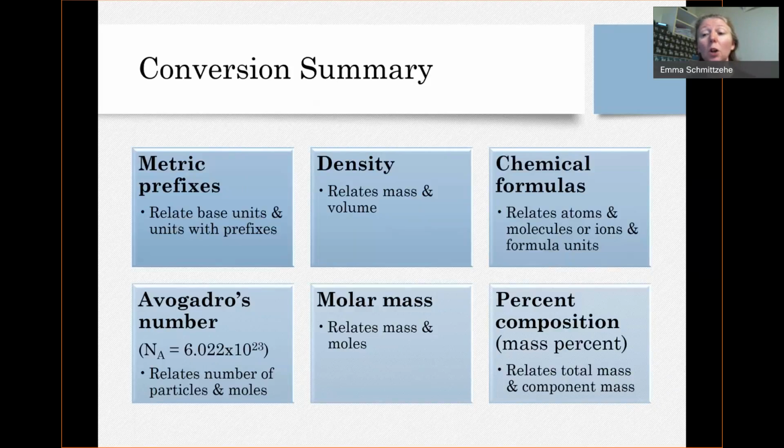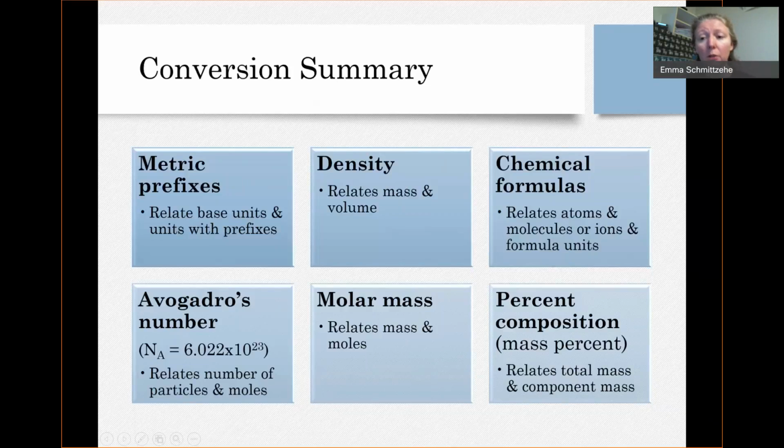It's assumed that you know that you can utilize these things for any problem that you need to do these types of conversions. Okay, now sometimes the information you need is directly given, like say a density may be given to you, so it's more obvious that you have that tool at your disposal. But some of this stuff like density or molar mass, you may need to look up in order to then apply it. Okay, so let's do some